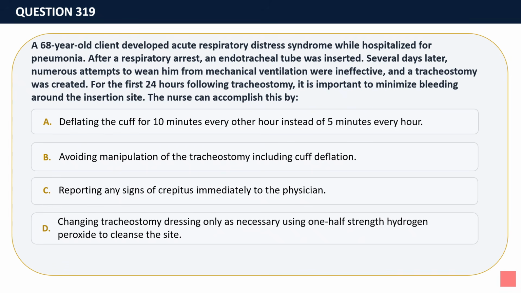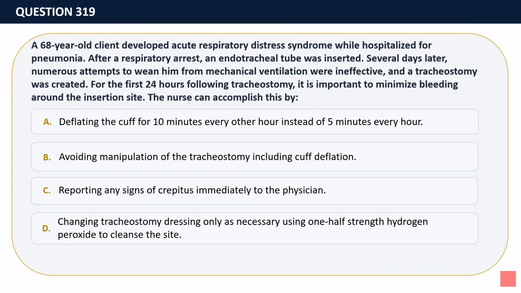Question 319. A 68-year-old client developed acute respiratory distress syndrome while hospitalized for pneumonia. After a respiratory arrest, an endotracheal tube was inserted. Several days later, numerous attempts to wean him from mechanical ventilation were ineffective, and a tracheostomy was created. For the first 24 hours following tracheostomy, it is important to minimize bleeding around the insertion site. The nurse can accomplish this by